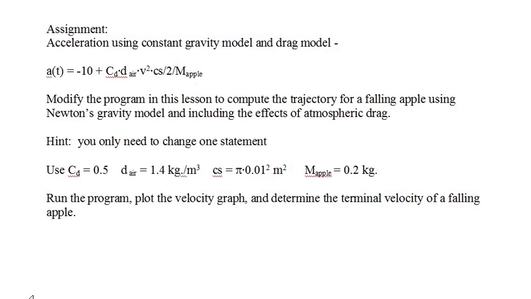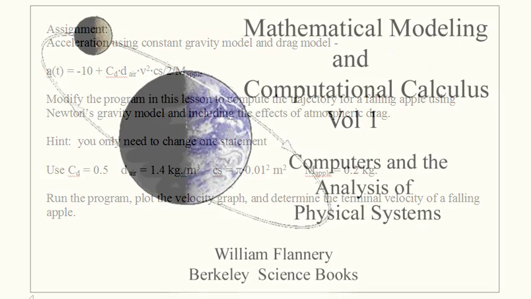Use these values: for the drag coefficient, 0.5; for the density of air, 1.4; for the cross-section of the apple, pi times 0.01 squared; and for the mass of the apple, 0.2 kg. Run the program, plot the velocity graph, and determine the terminal velocity of the apple. That is the velocity where the downward force of gravity equals the upward force of atmospheric drag. Hence, there's no acceleration, and the velocity remains constant for the rest of the fall. This is how we do